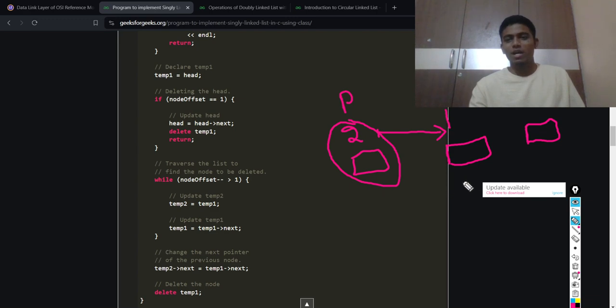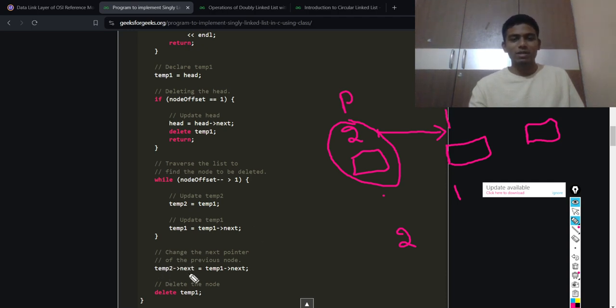Suppose I give offset equal to 2. Now at this particular time, for this it will be 2, and then again when it comes here, the offset will be 1. So at this particular position it will stop,